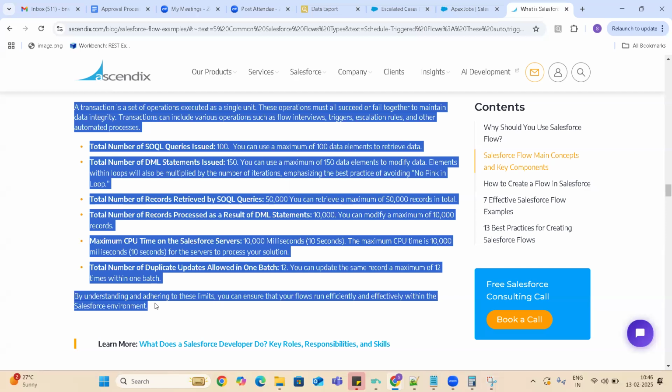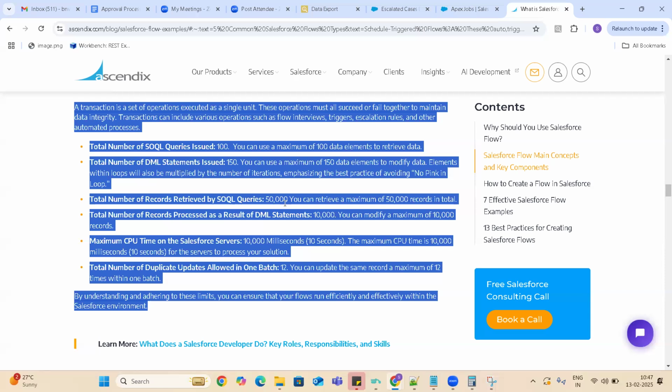And the total number of records retrieved is 50,000. In case you run a get accounts, and you have more than 50,000 accounts, your flow is going to break.